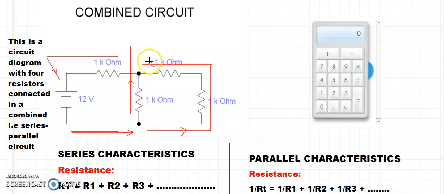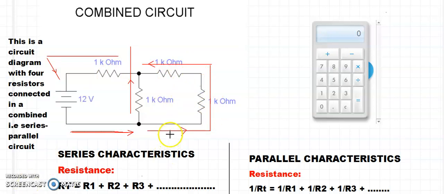Okay, at this node the current from these two resistors and this one are recombined and flow through this fourth resistor and into the battery. So we can see we have two parts. One is the division and the other is here, which is series, and then again a combination of both the currents. So what we need to do is to understand how we are going to solve it. First, we need to find out